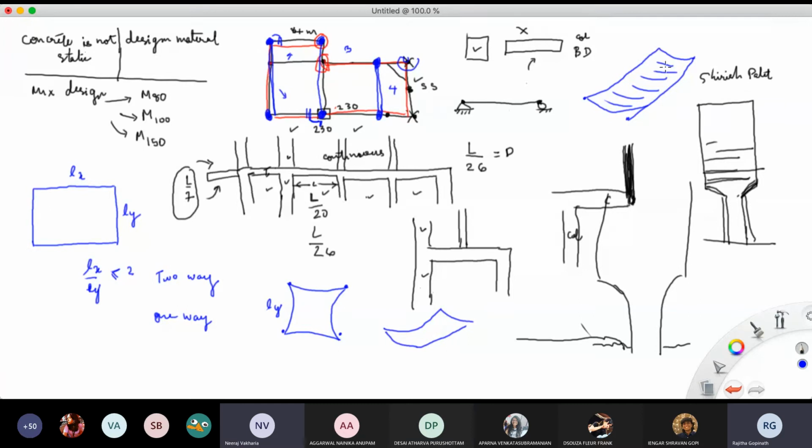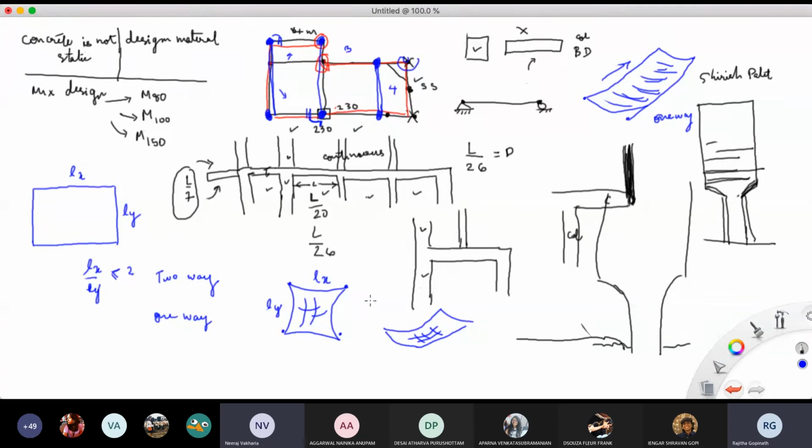Yes. So what is happening here, in Lx and Ly both directions there is deflection. It is deflecting like this and also like this. But here, if you see, in this direction there is not much deflection, the most deflection is here. Is it or not? So this is called a one-way slab because it is deflecting only in one direction. Here it is called a two-way slab because it is deflecting in both directions.